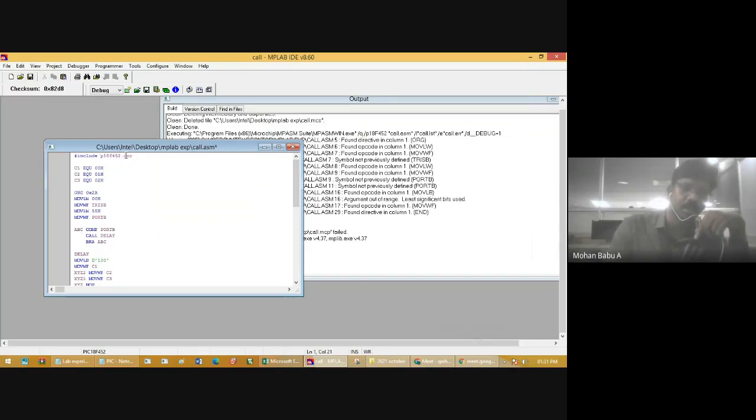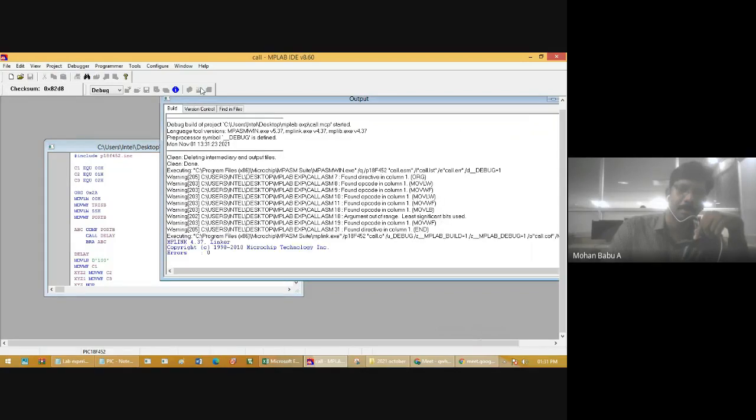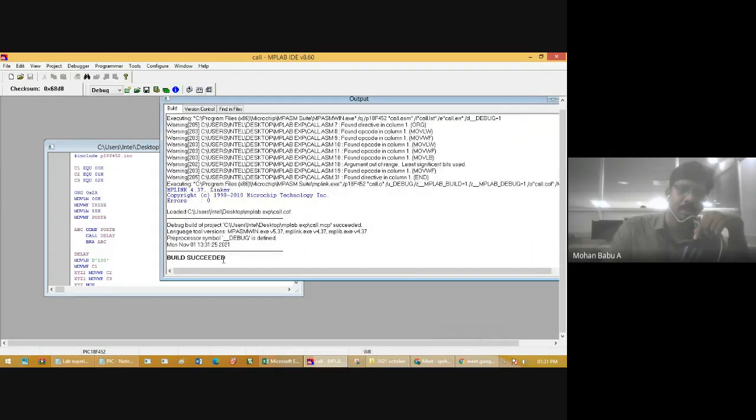At the time of simulation, if it is showing an error, simply add this #include keyword p18f452.inc. Click save and click build all one more time. It is showing build succeeded. Once build succeeded is showing, the program has no error. It is now ready for simulation.